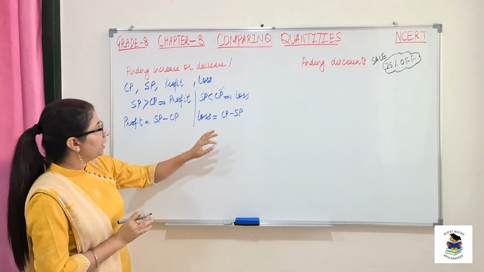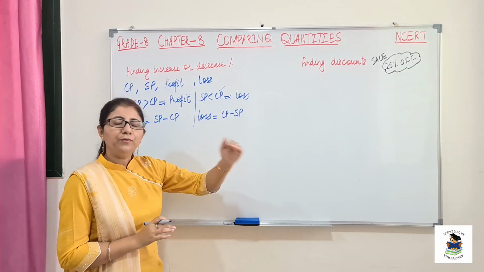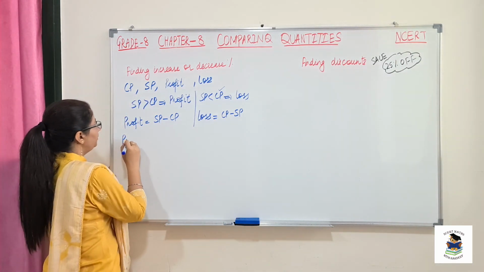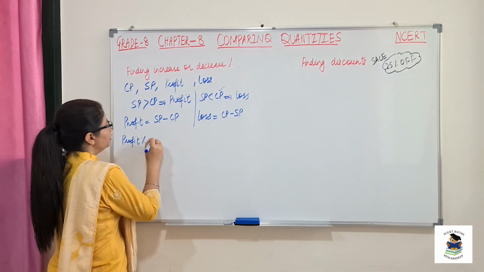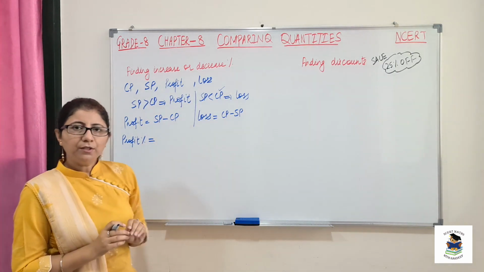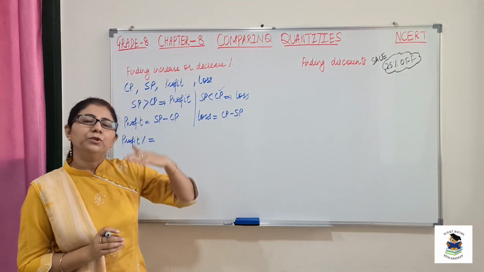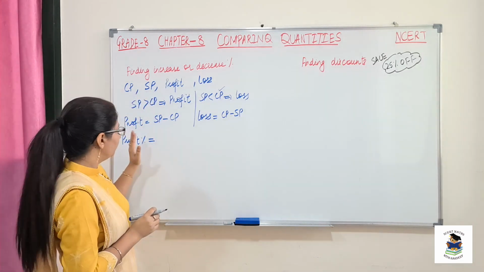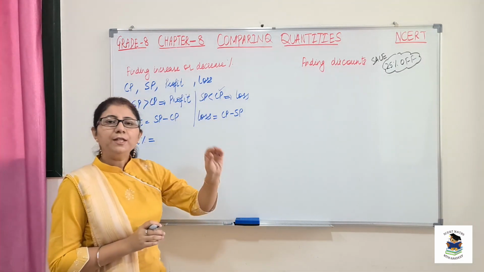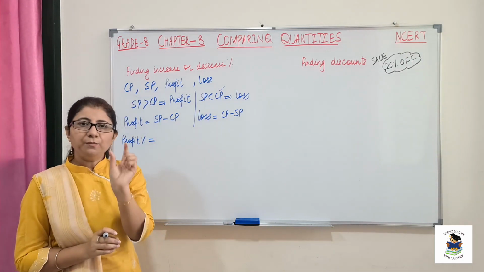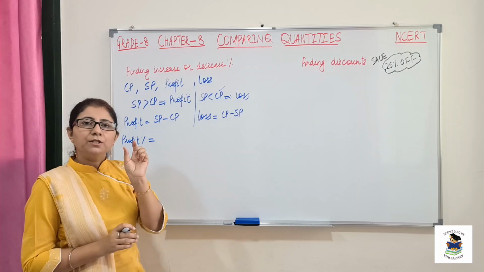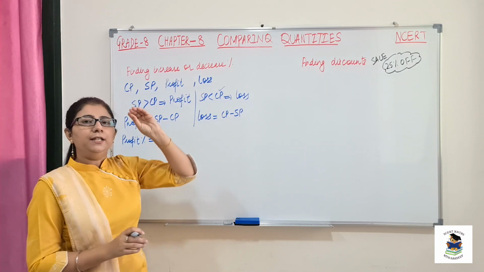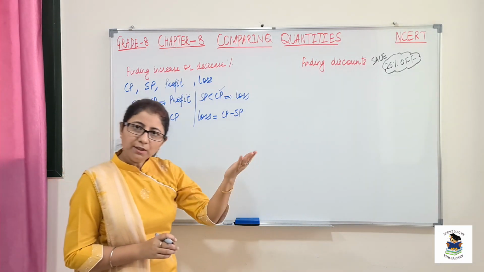Clear? So sometimes we are given the percentage of profit or loss percentage. How to get that? Percentage, whether it is profit or loss, is always with respect to the original price. Original price is our cost price. So percentage of profit or loss will always be with respect to cost price. Please remember this one thing, that percentage of loss or profit, or any increase or decrease, is always with respect to the original price of the object.